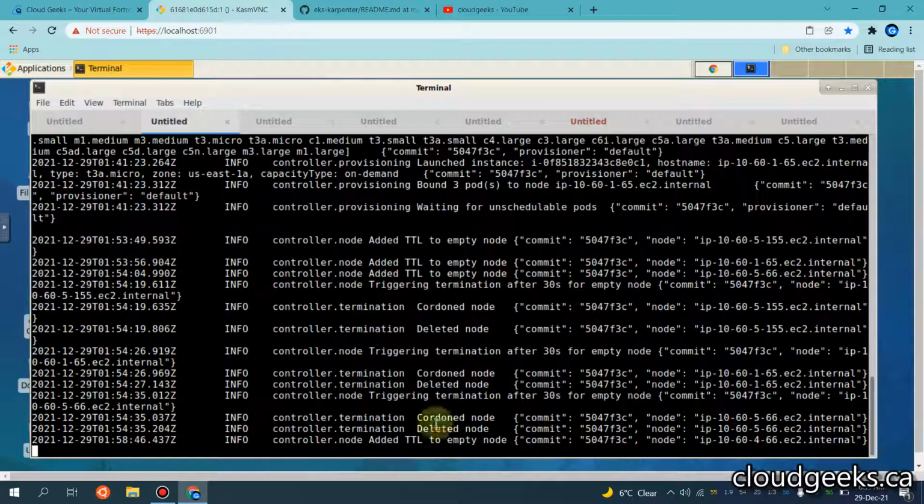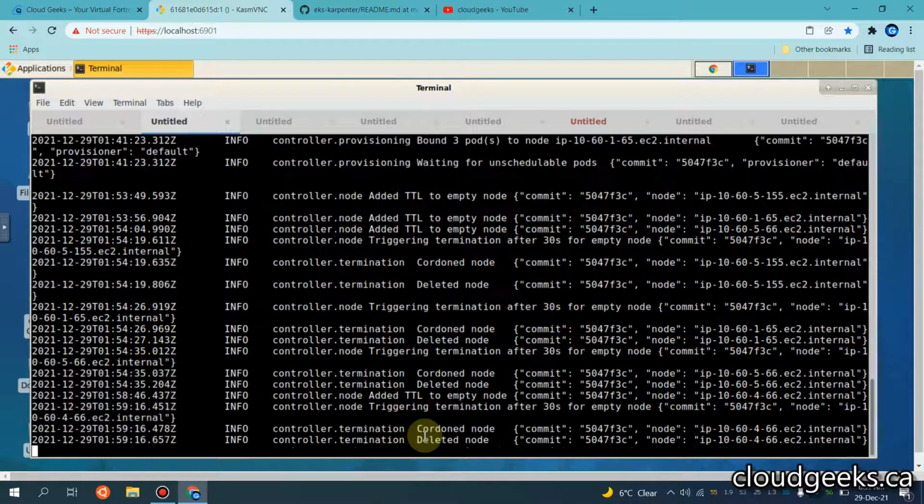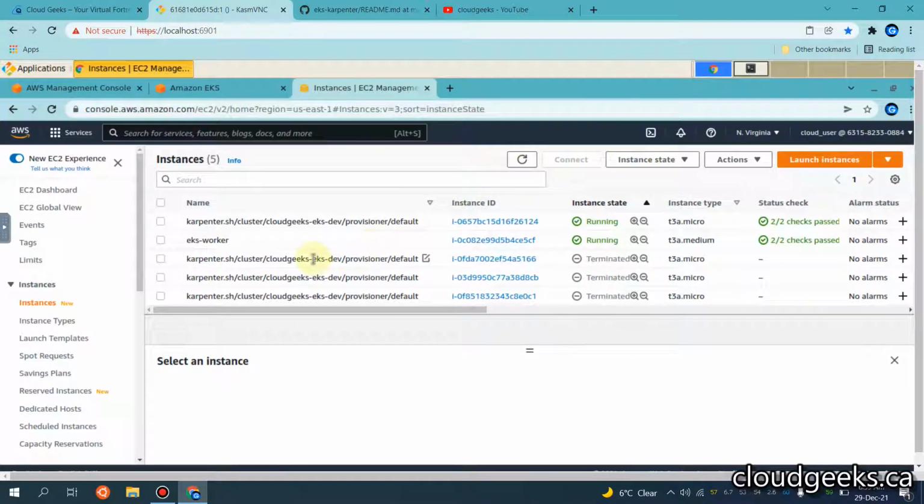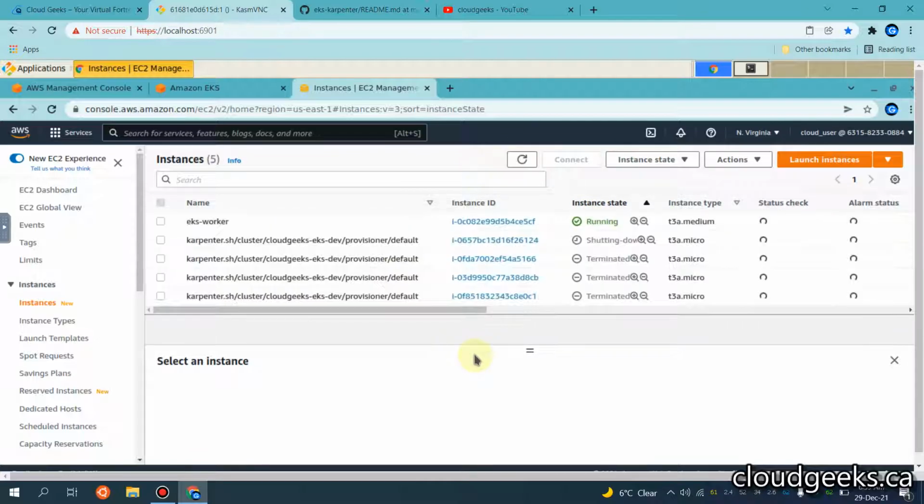you see, as soon as I deleted, it has added the TTL. As I showed you in my past video, the Karpenter TTL I set up in the YAML file is 30 seconds. You can set it more or less depending on your need. If I navigate to the UI section, it should also remove this single node in a few minutes. So let me refresh it. Currently it is running. Okay, in fact, it is now shutting down, you see. It is now in the shutting down state.